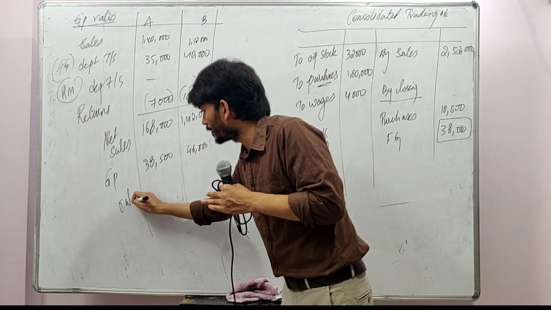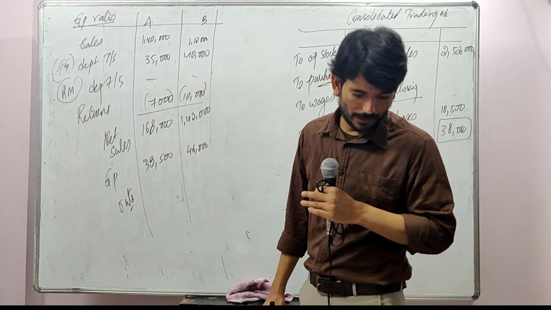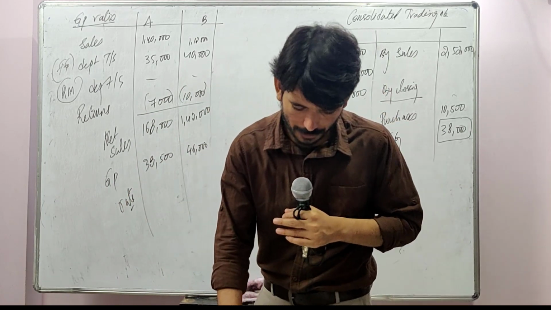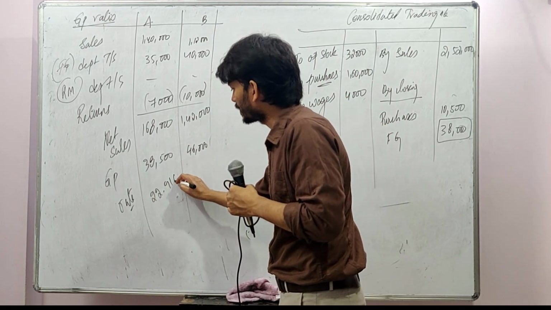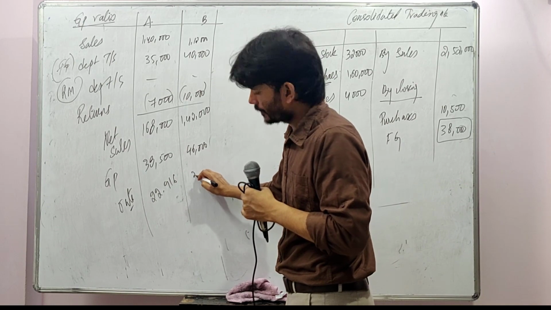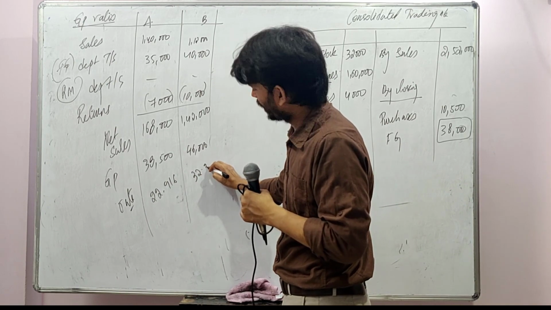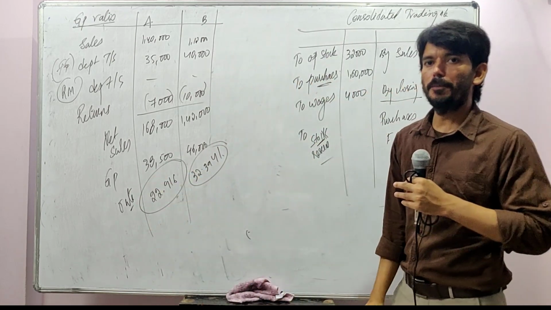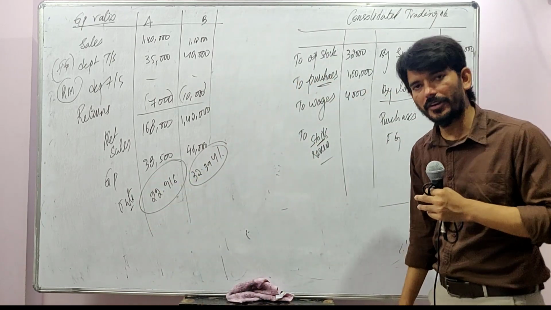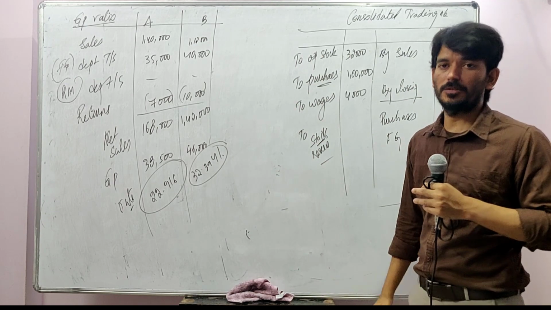You can find out the rate. The rate I have already calculated. Anyway, it's given in the book also, but try to understand the logic. 22.916 and 32.394. So what is this GP ratio? Why are we getting this? You should always be asking that question.